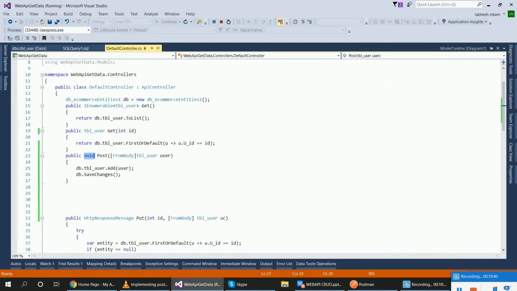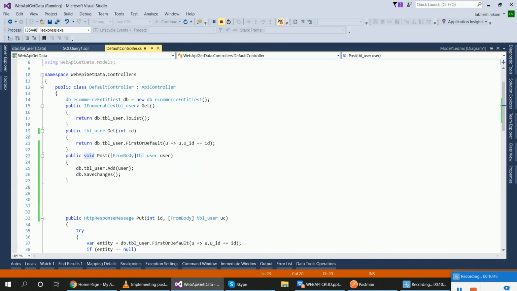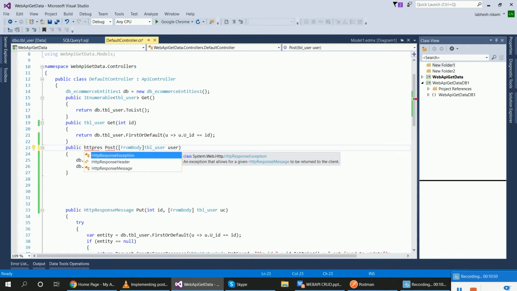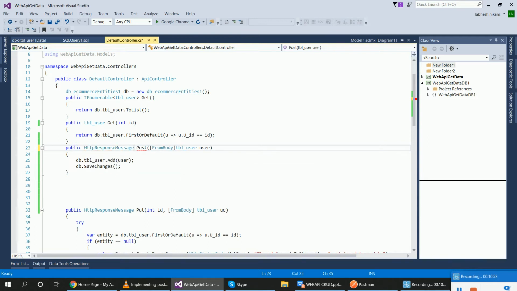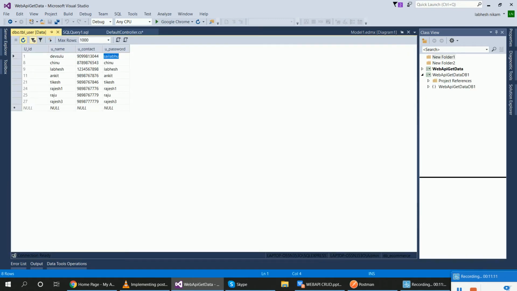In place of void I will use HttpResponseMessage, and inside of this, first we have to check whether our record is inserted or not in tbl user. This one, apple 2, so this apple 2 is inserted, right guys?